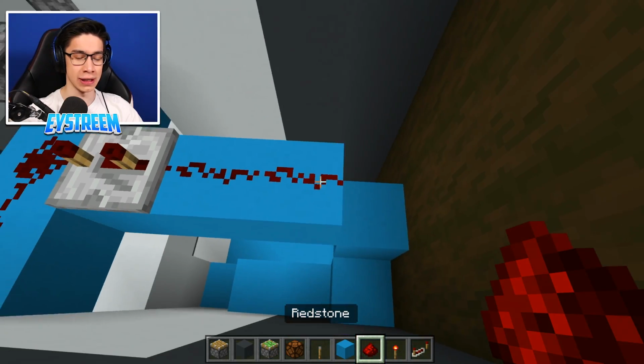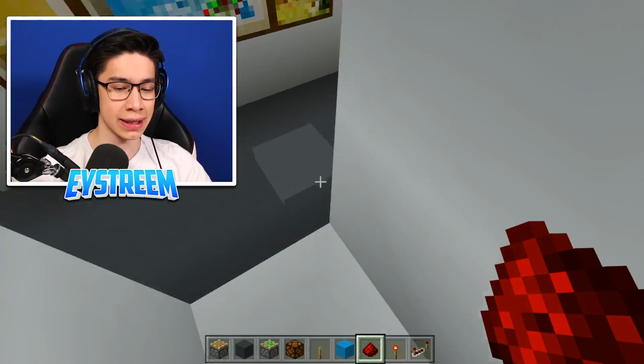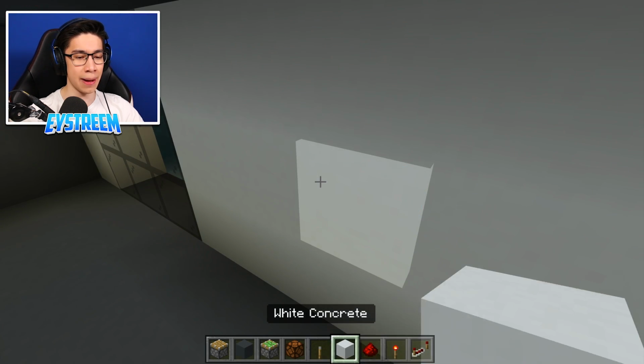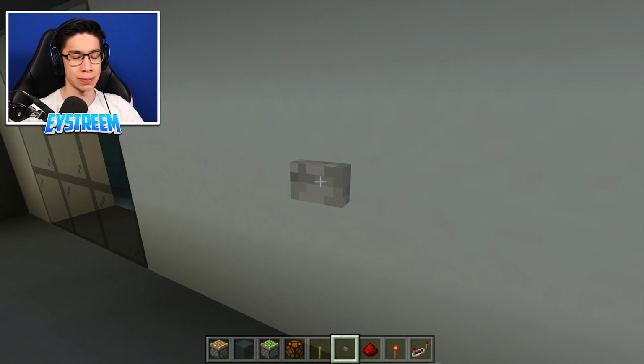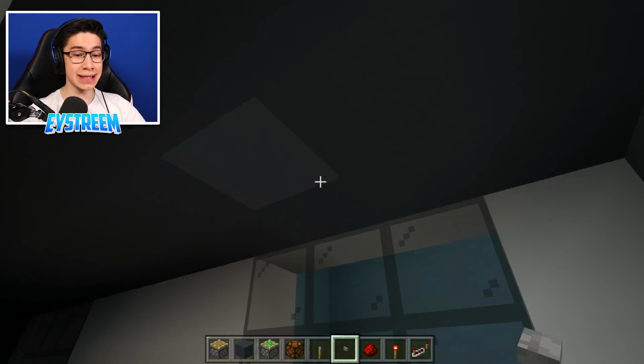And we just want to go ahead and coat this with redstone. We're going to go 1, 2, 3, 4, 5, and 6 redstone dust like so. You can go ahead and cover this up. And of course, guys, we'll grab our stone button. All you got to do is place that there. And now, when you go ahead and click the stone button, and ba-bang, as you guys can see, the entire